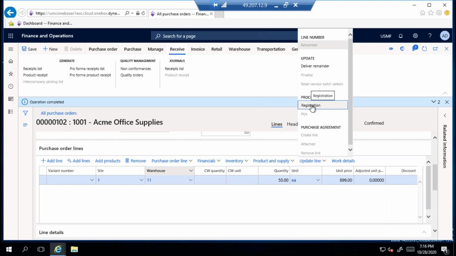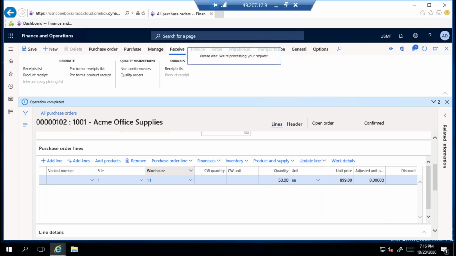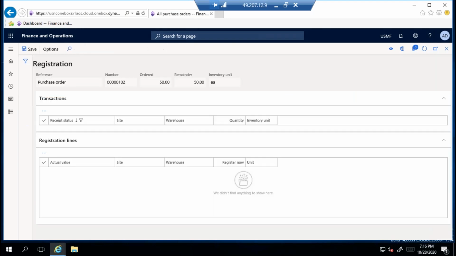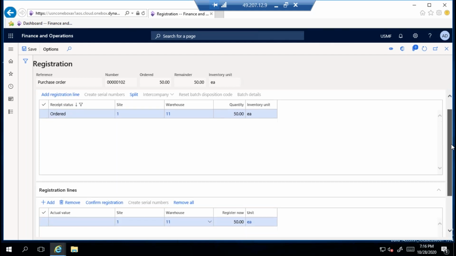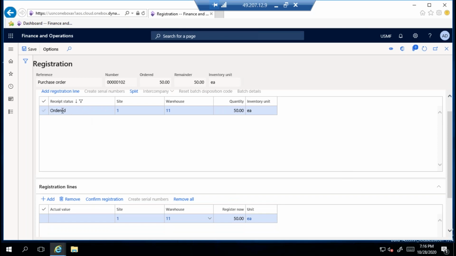Registration. You can click on add registration line. So it is showing here. Look at this, status is added. Now 50 quantity is added. If I do confirmation, it will change to registered. I'm doing confirmation.